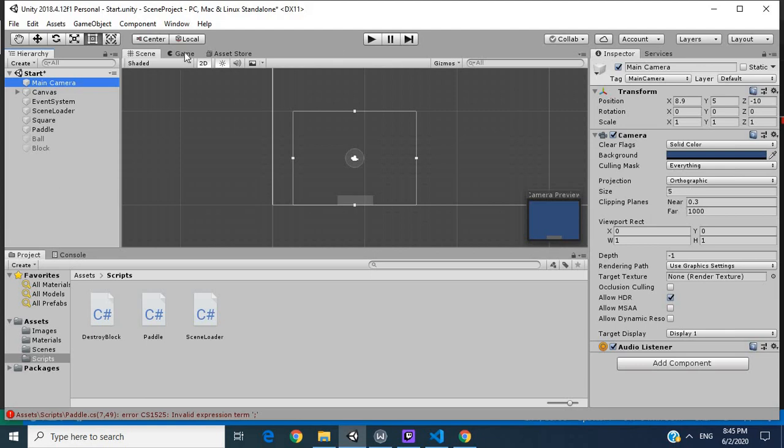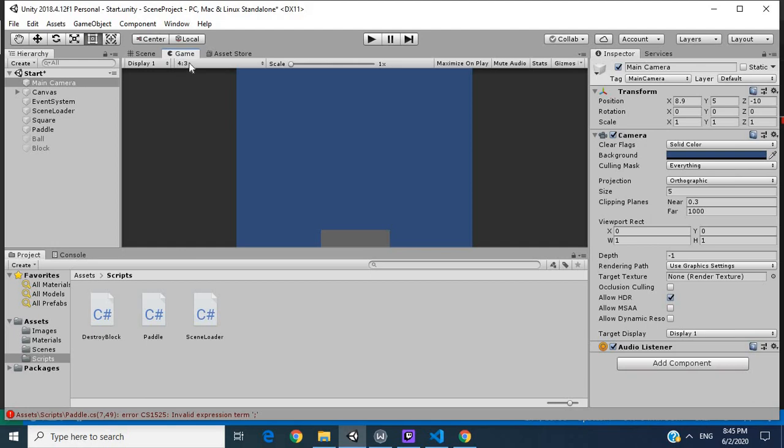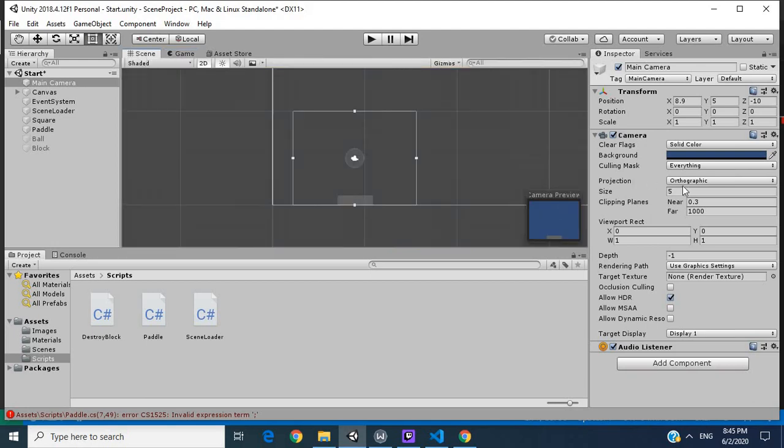Our ratio is 4:3, so what I'm going to do is make this 6, and I also want to move the camera right to the left hand bottom of our canvas. So this should be 8 and 6,